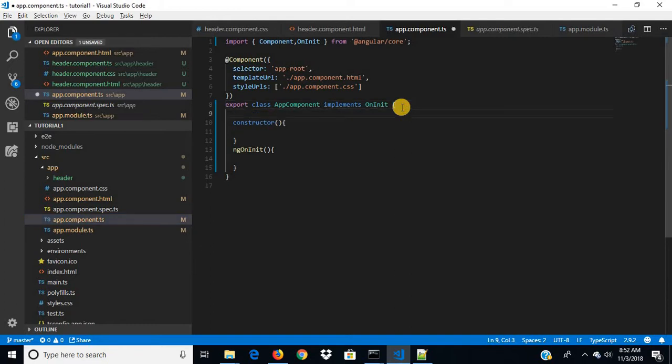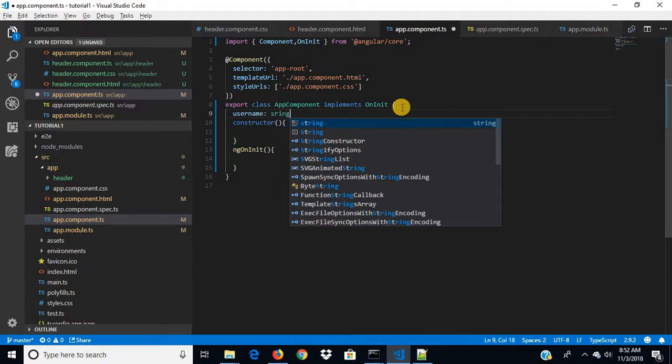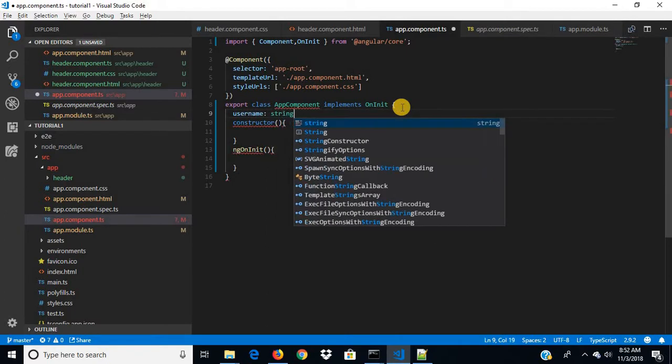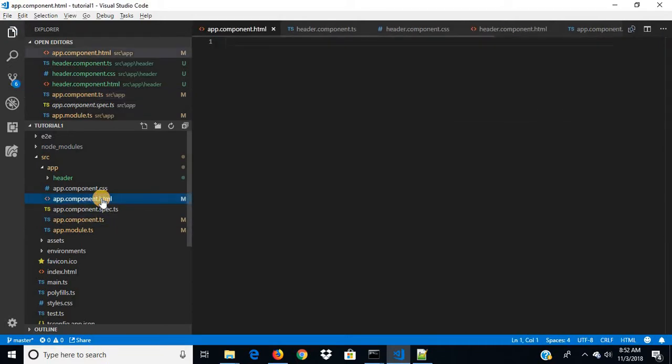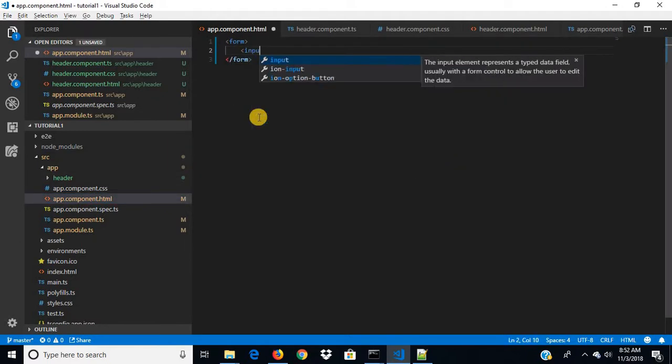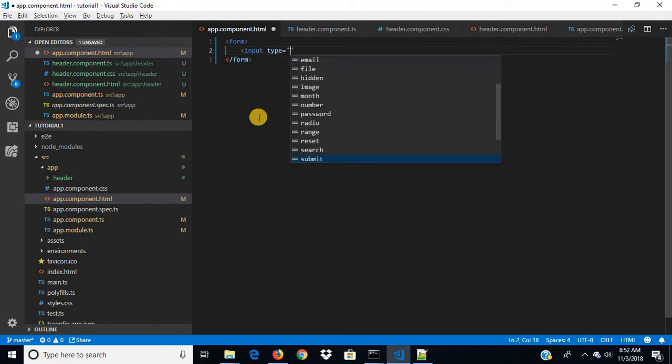Now let's come to our business logic here. Now here, let's create a variable. Let's say username, the type of string. Now let me initialize it by assigning a value. Let's say Solomon. Now save it and copy this. Then let's come to our HTML. Here, let's add a form tag. Now inside it, let's add one input field. Say type text, say name,